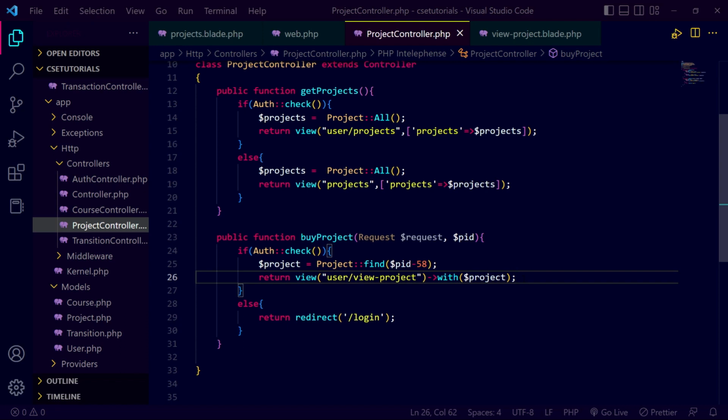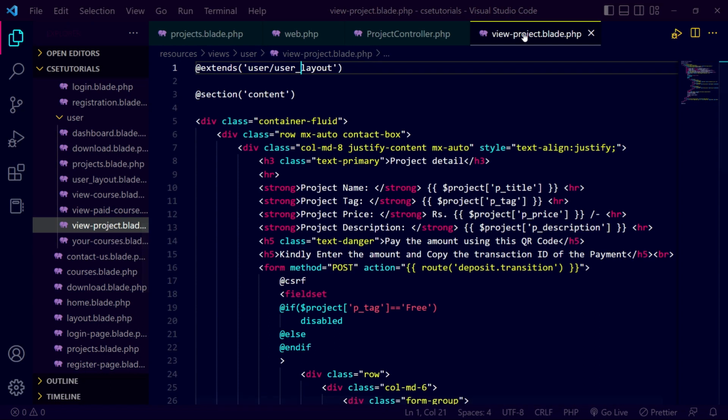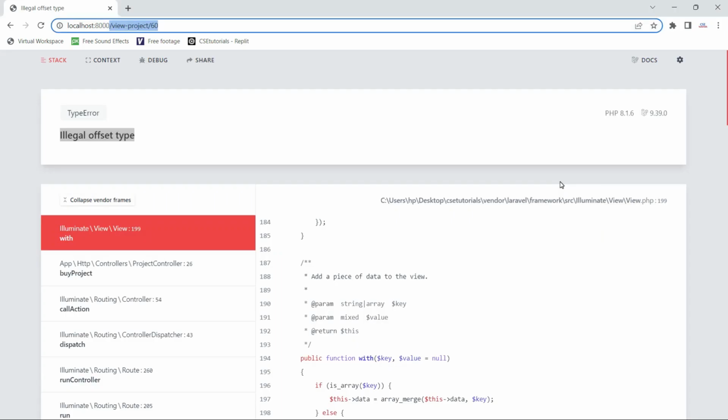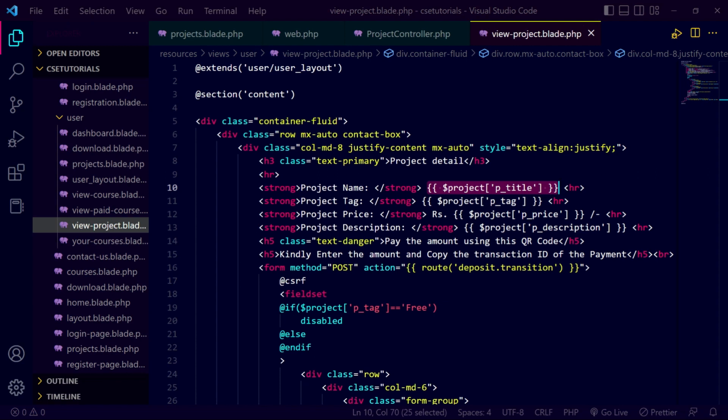It shows me the error because I am passing only the key, and in the view project view I am trying to fetch the data from the key, but I have not passed any value to it. Illegal offset type means I am passing the data as a key but have not passed any value, and I am trying to fetch the value from the project key.